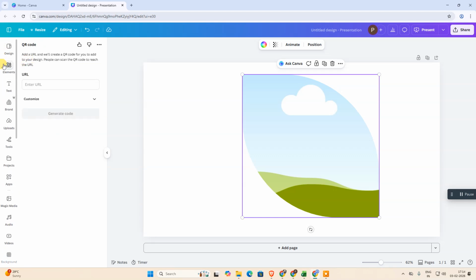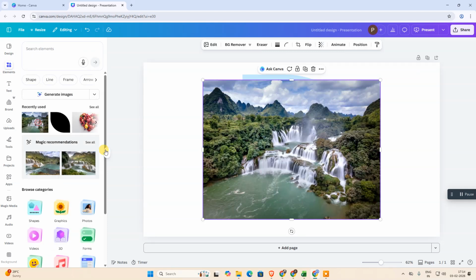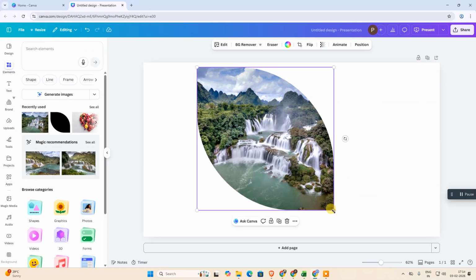Now go to your elements, or you can upload your own image from here. I just took an image from here. Now I just blow it up. You can see that image I have